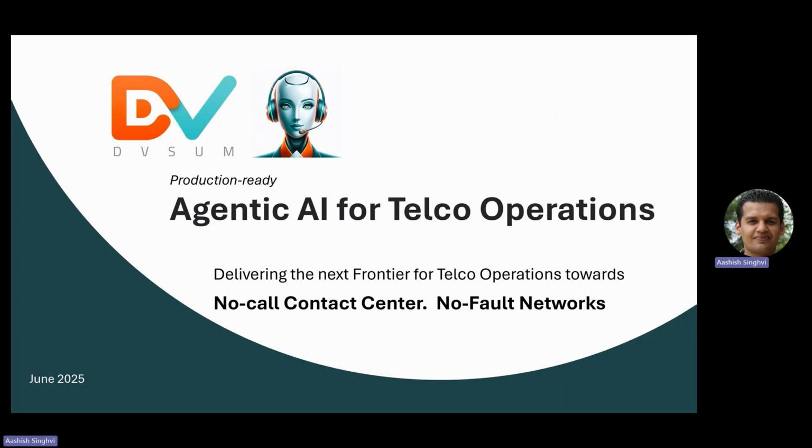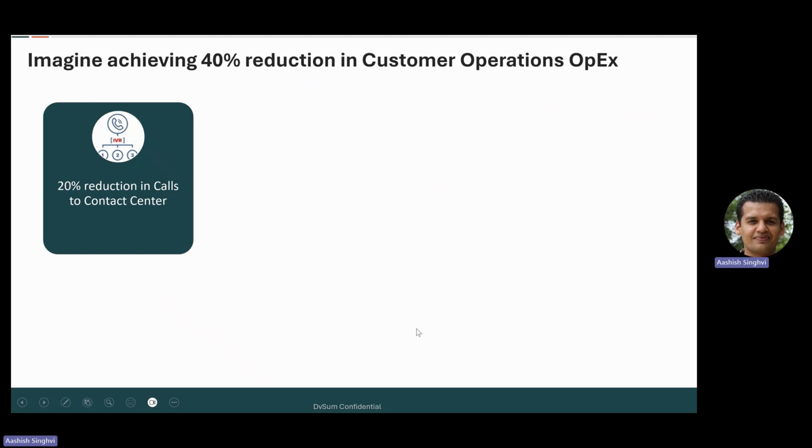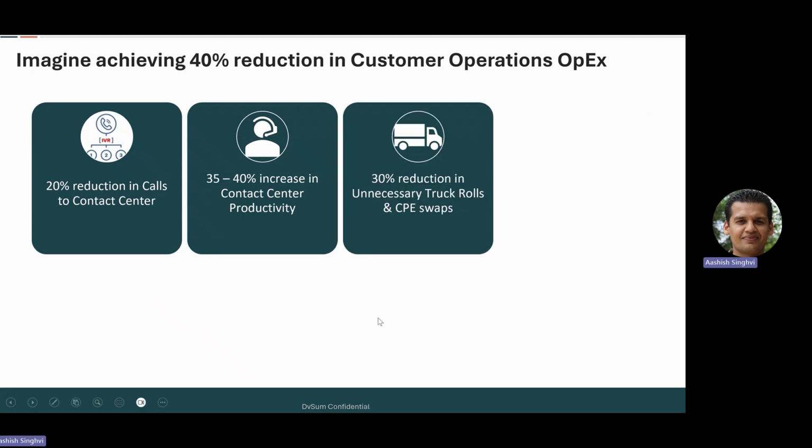DvSum delivers production-ready AI for telco operations, revolutionizing customer experience and radically reducing operational costs. Imagine achieving 40% reduction in customer operations OPEX, 20% reduction in calls to contact center, 35 to 40% increase in contact center productivity with lower AHT and higher first call resolutions,